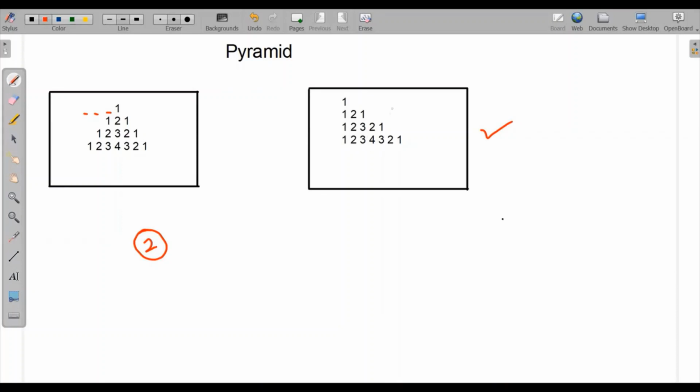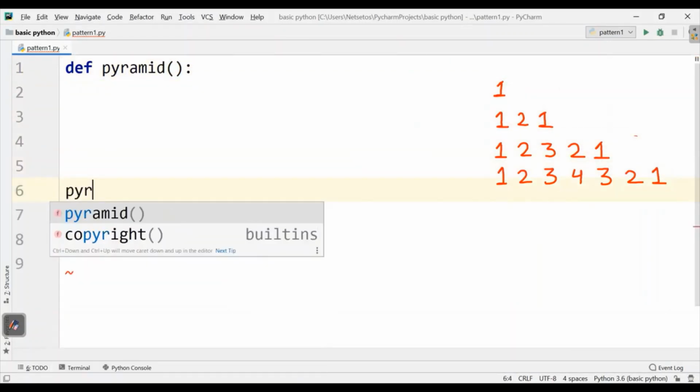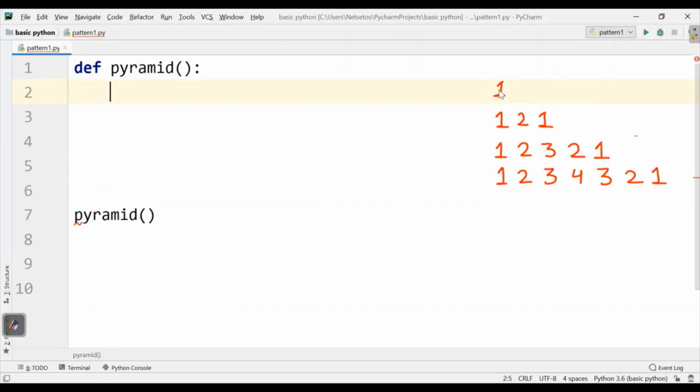For example, here we have 1, then 3, then 5, then 7. So let's start. First let's start with making a function def pyramid, and here I'll call it pyramid. Now we have 1 here, then 3, then 5 columns, then 7 columns.